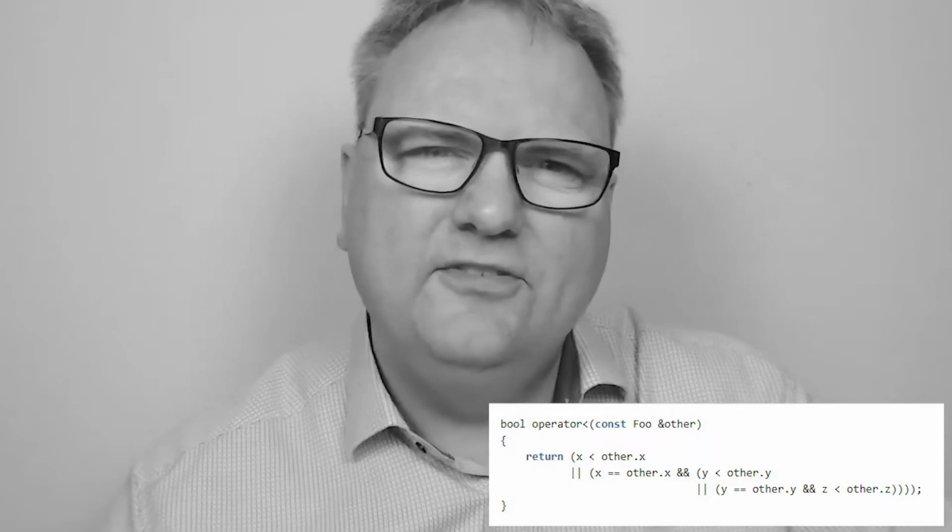So how difficult can it be to implement an operator less than, you ask? Yeah, sure. You just take the most important of your instance variables and compare that with its operator less than to that of the other instance of your class or whatever you're comparing. Well, let me show you the code that I had. It looks like this. Actually, there's two changes to it.